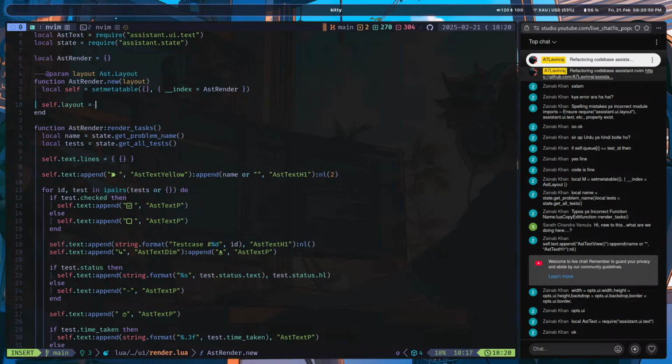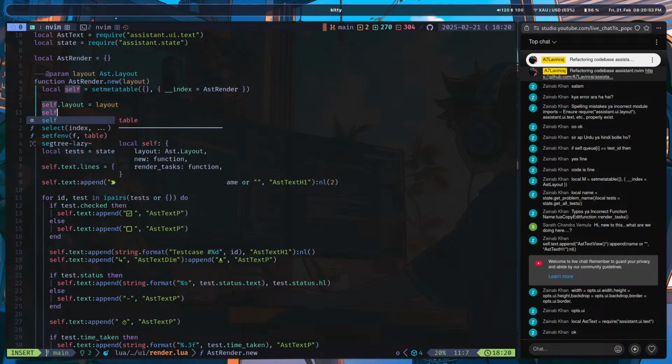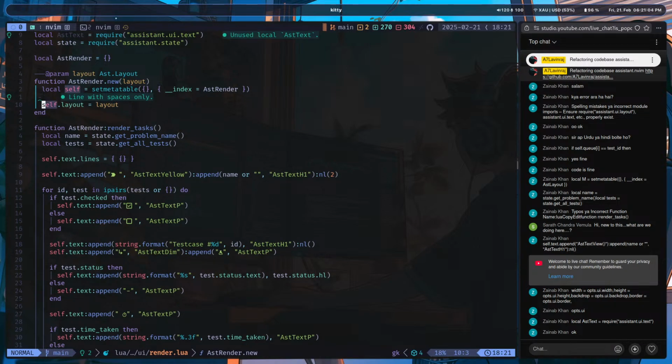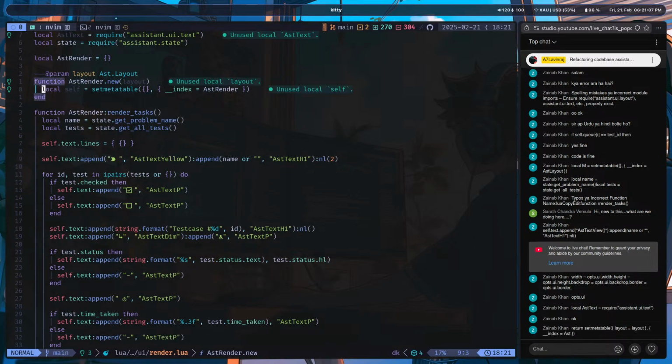Layout is equal to layout, and self.text is equal to ast. Well, I can inherit that. Wait a minute. Return setmetatable. Setmetatable is just a function which can inherit two classes and create an inherited class and return it, like